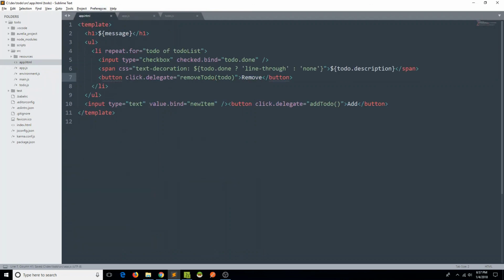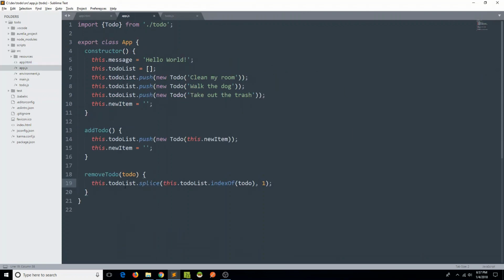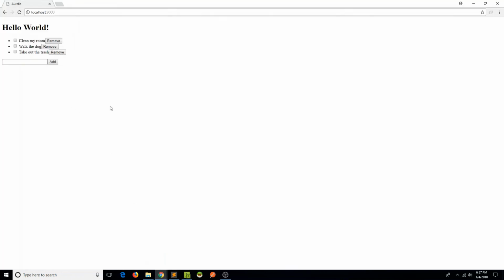So we're simply delegating the click of this remove button, which is included inside the repeater. So there's going to be one next to each item in our list. We will see a button that says remove. And we're going to pass the to-do item to this remove to-do method. And we will handle it accordingly using a couple different array functions here. So let's go ahead and check that out in our